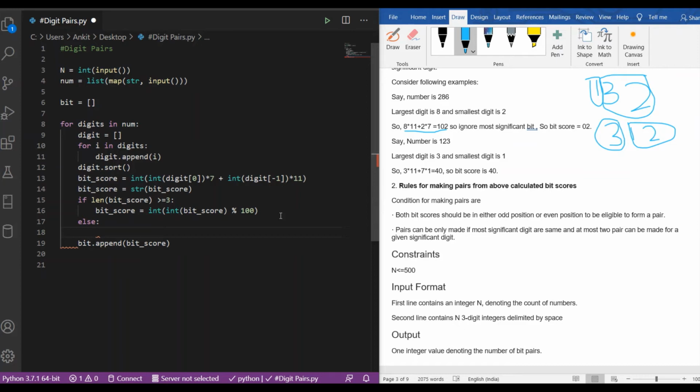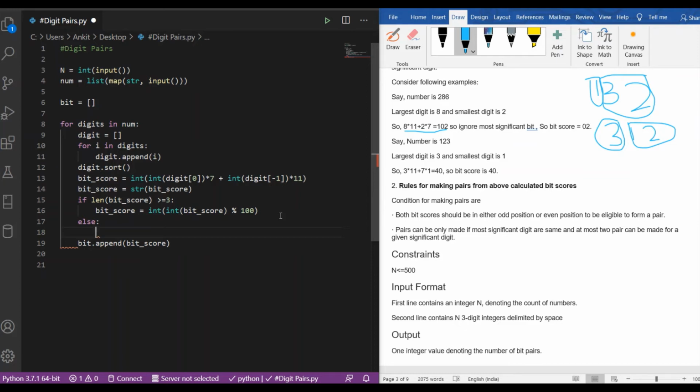So we need not mention that if the length of the bit score is less than 2, then we have to add a 0 in front of the bit score. So we do not have to do that.